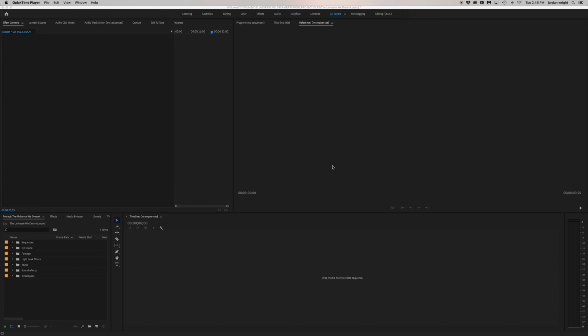Okay, so this is a new project and the title is The Universe We Dreamt. As you see on the left-hand side here, I already have the folders imported, so sequences is empty since we haven't established or created a new sequence yet. And what I like to do as well is just create a folder called nested and drag that into sequences, so that way if I do need to nest any clips, I can keep it organized with it in this